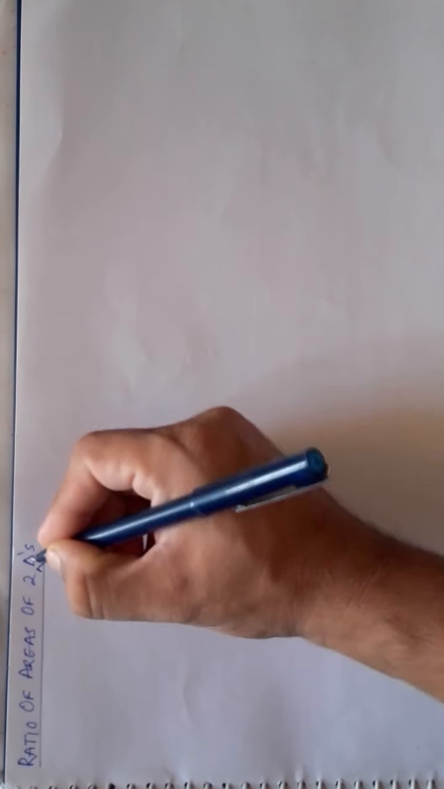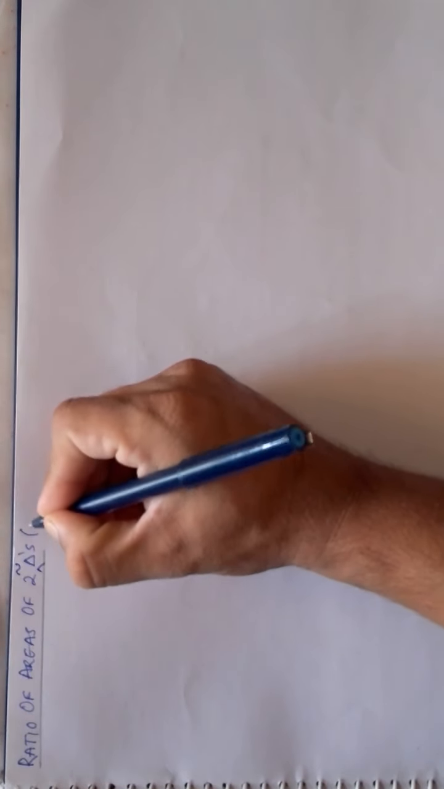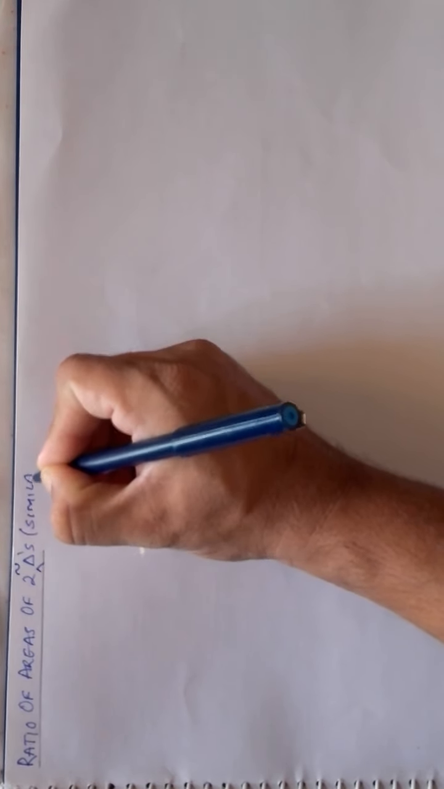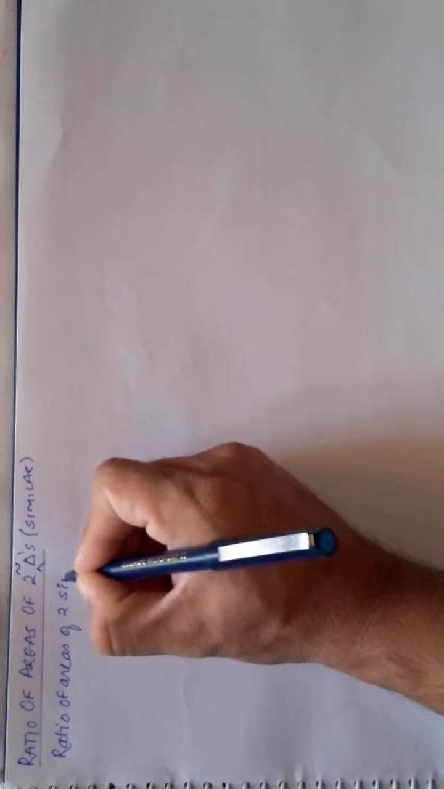Now we will talk about what will be the effect on the areas of two triangles if they are similar. So it is the ratio of areas of two similar triangles. What will be the effect of it? It says the ratio of areas of two similar triangles